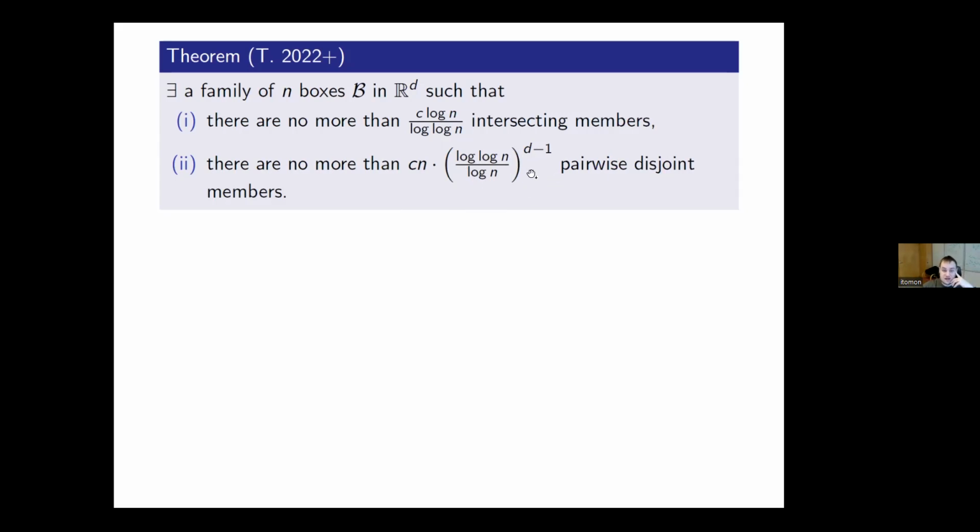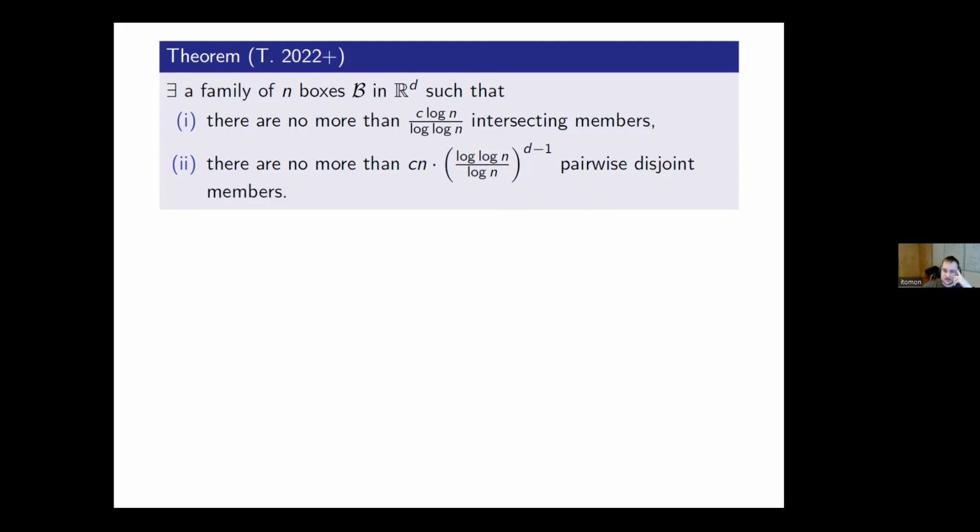It's actually not hard to deduce the previous results from this, because all these three problems involve the following parameters of the intersection graph. We are interested in the chromatic number, clique number, independence number, and co-chromatic number. If you have an upper bound on the independence number, that's a lower bound on the chromatic number, and so on. So from this, you can actually get everything fairly easily.